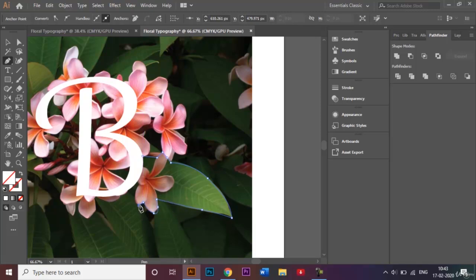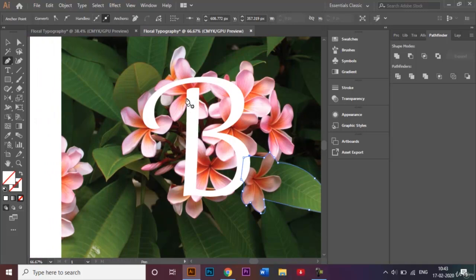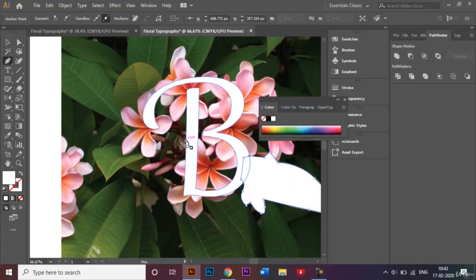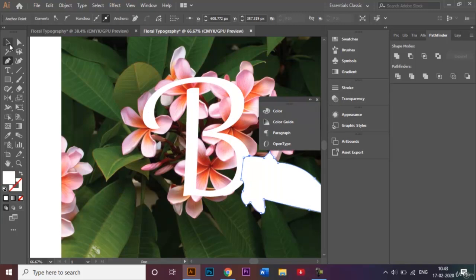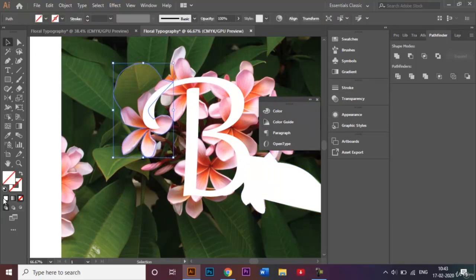So you can actually speed up the process. If you want, you can just speed up this part, but you'll get the idea that I'm just trying to get a rough thing. So once that's done, we can go ahead, and now this time I'll be making sure that the fill is white. It's okay, we can also fill it in with color actually. Choose this, fill it in with white,